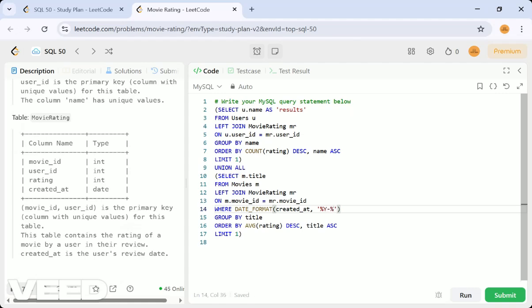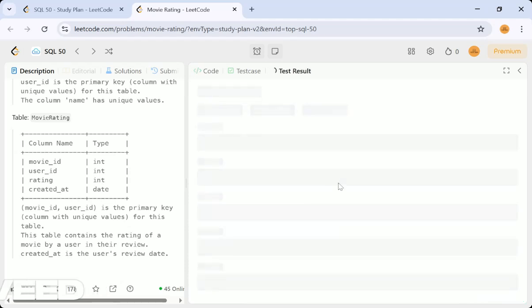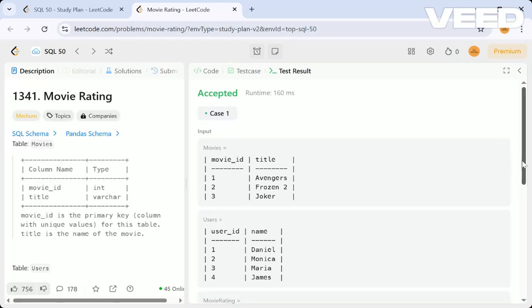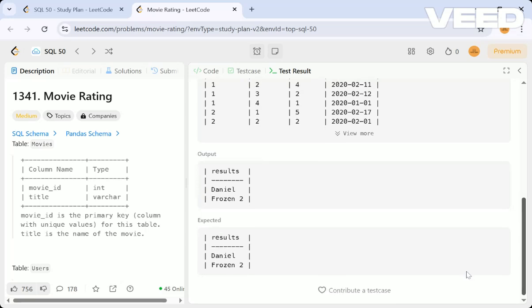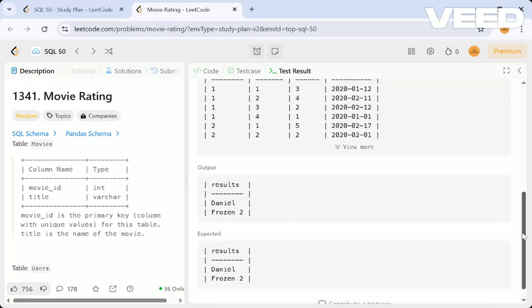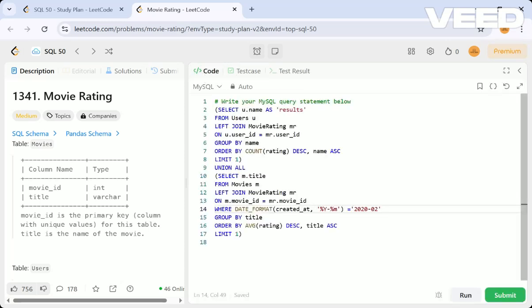With month, m should match. Sorry, this is not capital M, that is small m. So this should be equal to 2020-02, February, right? This is how we can check that. So I hope that fixes it, right? Without February it will be Avengers 2, but now with February it will be Joker, Force Z2, as they have given. So that is how we can run this particular thing.